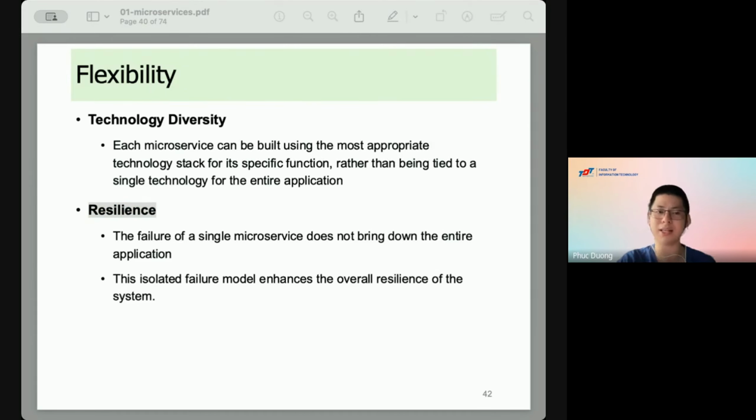Resilient in Vietnamese we call khả năng phục hồi. So in English, in microservice, resilient is the ability that when a system gets a failure, it can recover by itself. Okay, so at the moment when we have many powerful AI models, we have an opportunity to implement the resilience by AI.